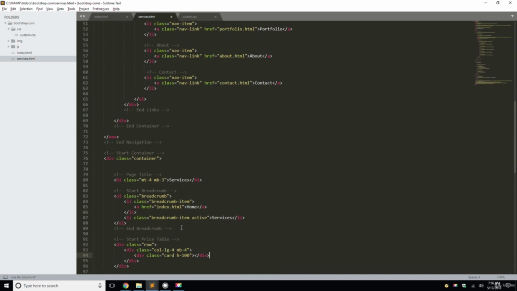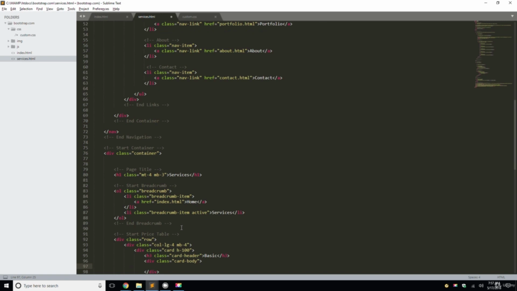Okay, and inside of there, let's do an h3 with a class of card-header, and we're going to type in basic, close the h3. Okay, and then return. Yep, return, and we're going to do div class card-body. Okay, close that,